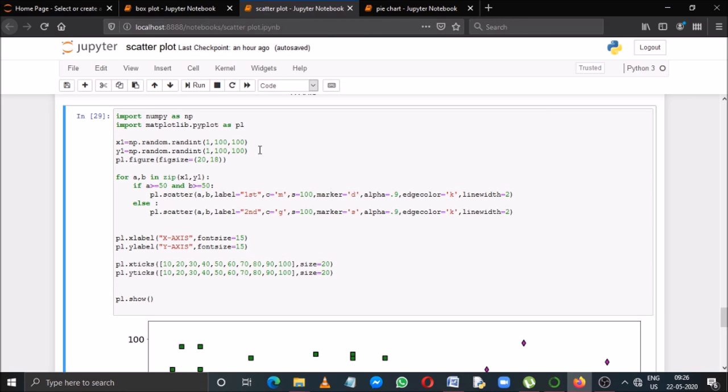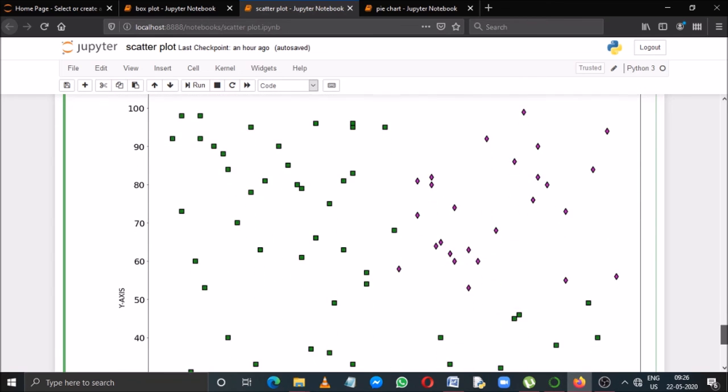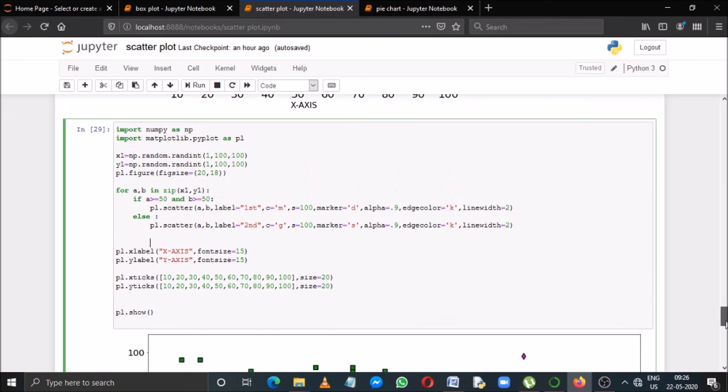And now suppose in the same scatter I want to display some points in a different format and some markers in another format. So that is also possible. How to do it? See, here I have placed a loop for a, b in zip(x1, y1).